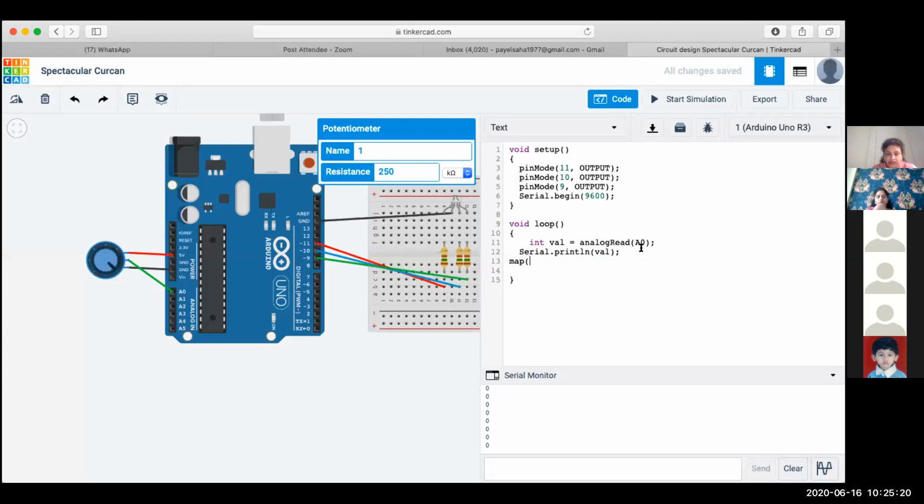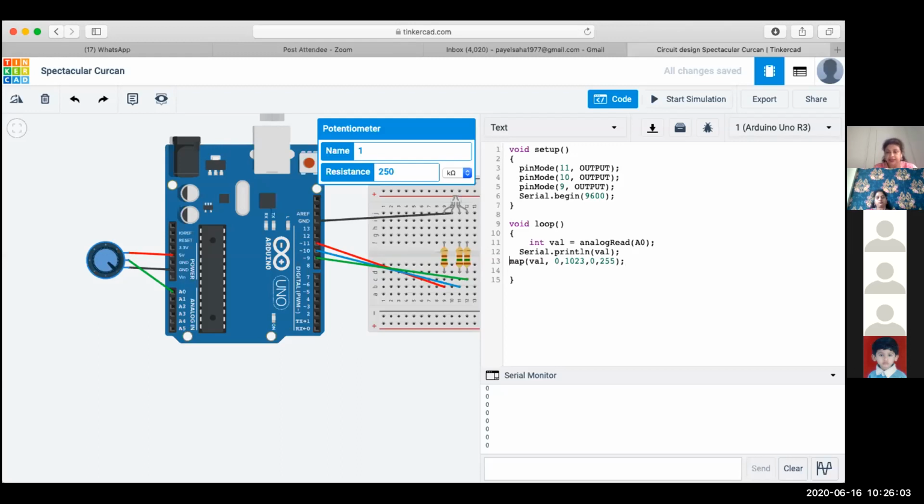That val had a range from 0 to 1023, and we need to scale it down to 0 to 255. I close the bracket and put a semicolon. So I have scaled down the analog pin values in the range of 0 to 1023 into an equivalent PWM range from 0 to 255. This is my map function.